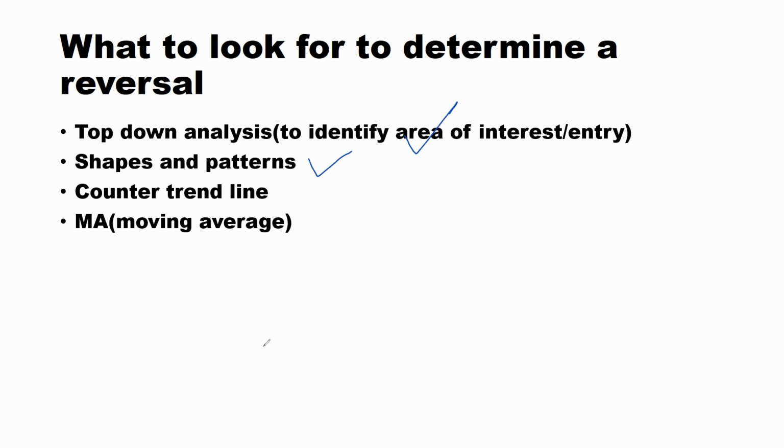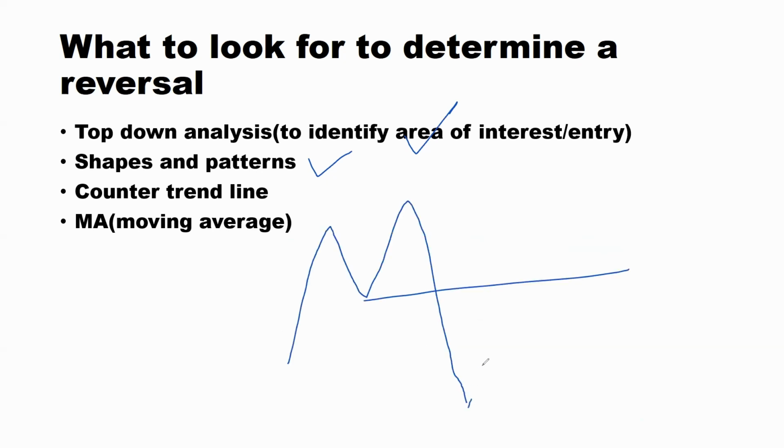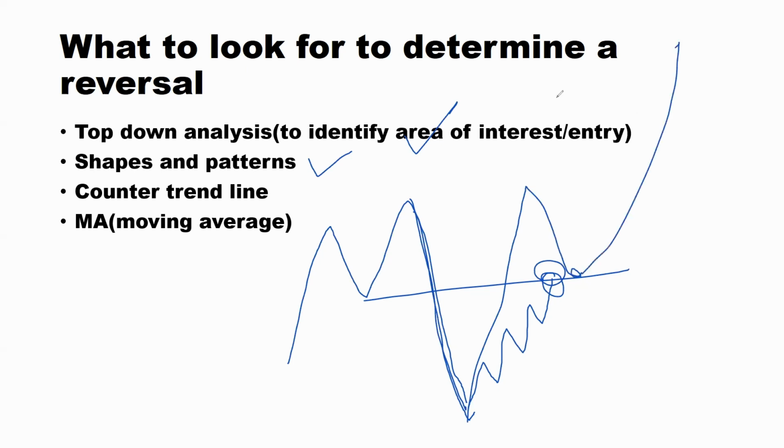Now, another aspect you can look out for is a counter trend line. For example, if the market has created for us, let's say, an M, right? And the market is coming to retest here. Remember, we said that when the market has broken down, we want the retest here to be very weak. Otherwise, if it is so aggressive, it could give us a false breakout, retest, and then continue up. And most traders face this issue. Let me just repeat that.